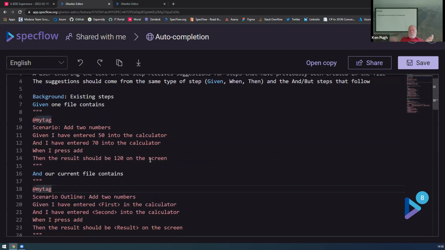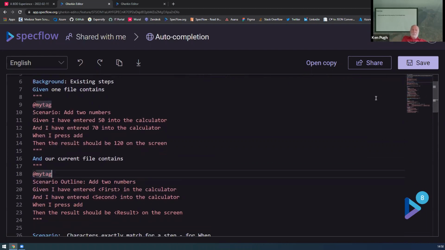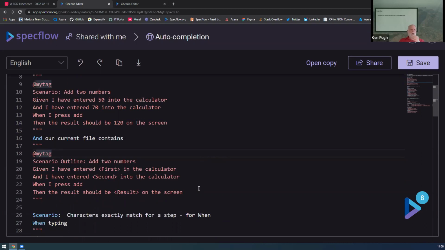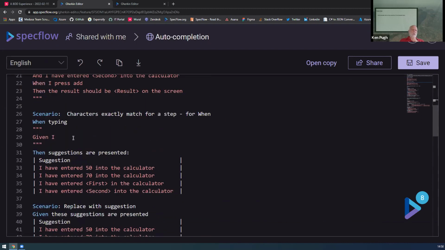Okay, so what have we simply done? We've taken an existing thing where the scenarios are all in one file, and we put them into two files. So we've got our current file, which has the scenario outline in it, and this one file that contains the one that just has the specific numbers in it. So let's see how that's going to change. Come on down to our character typing here. All right. So now,